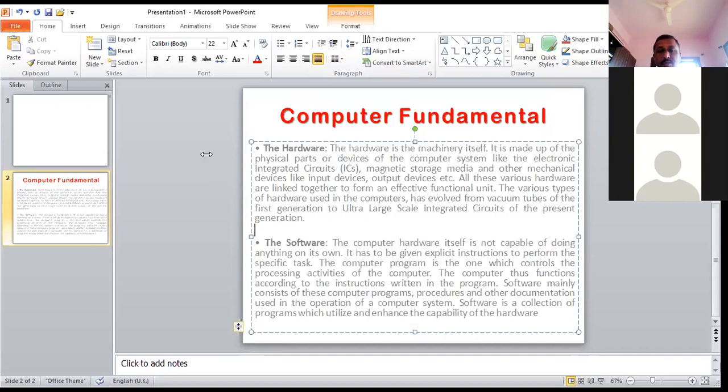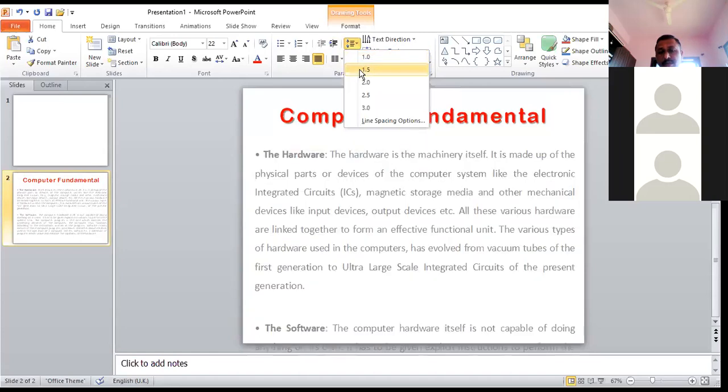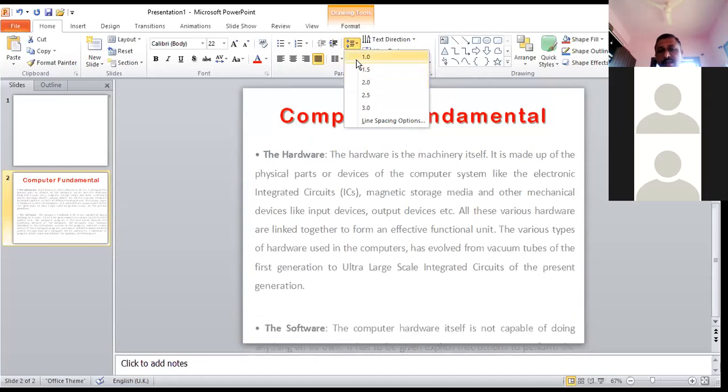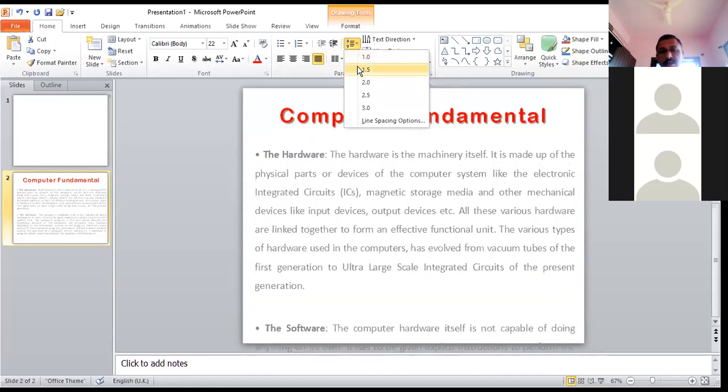Now I need to use another command which will be used there. Before that, I select the text to change the line spacing between every line. If I increase it to 1.5, then what is happening there? See what changes are happening. The text goes down. You can scroll and check that. Now if I decrease the line spacing, then the text will be continuous again. How much you need, you can change it there. Are you getting it? Hello?